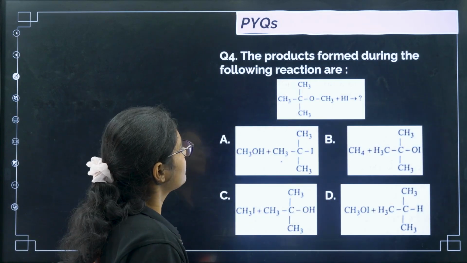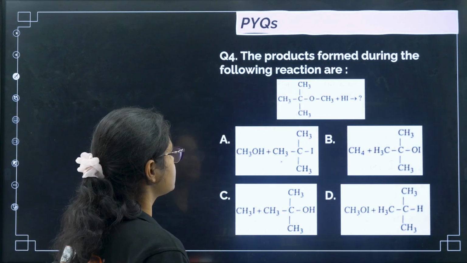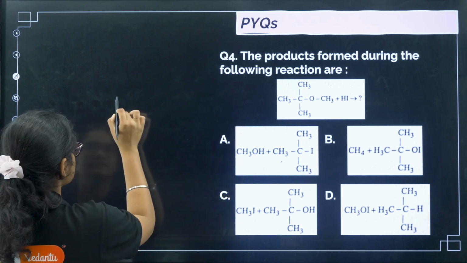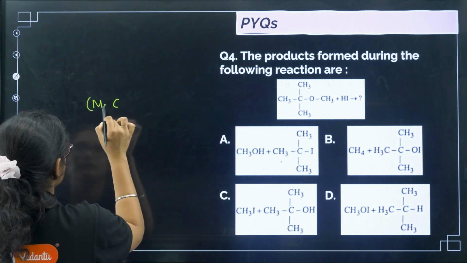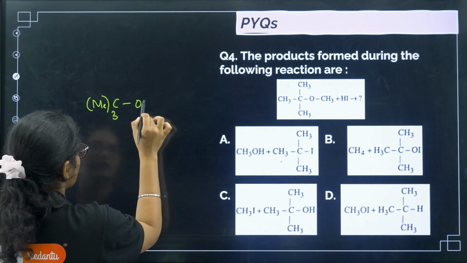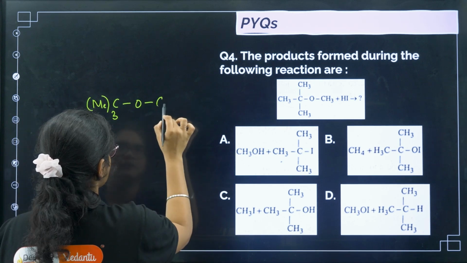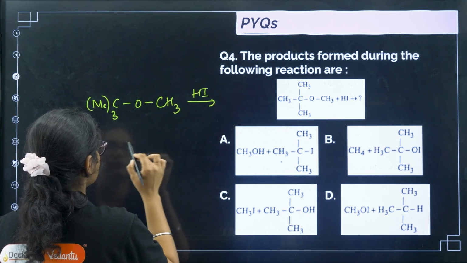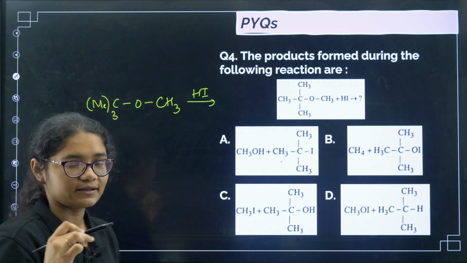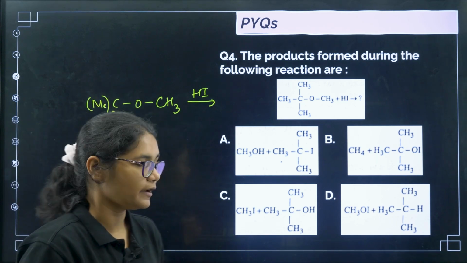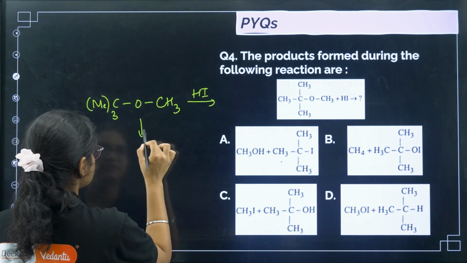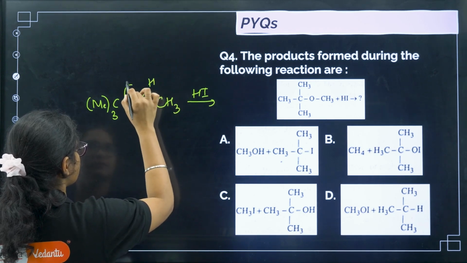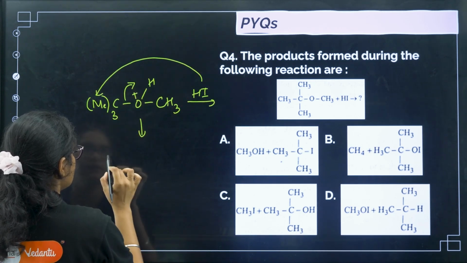Okay, next, the products formed during the following reactions are. So we have already discussed this example. So we have C with Me3, and then O and then CH3, with HI. So I told you, if there is a tertiary one, then there is a formation of carbocation, right? So first of all, first step is O plus H takes place here, right? Then this one will break, I minus will attack here, so we will get